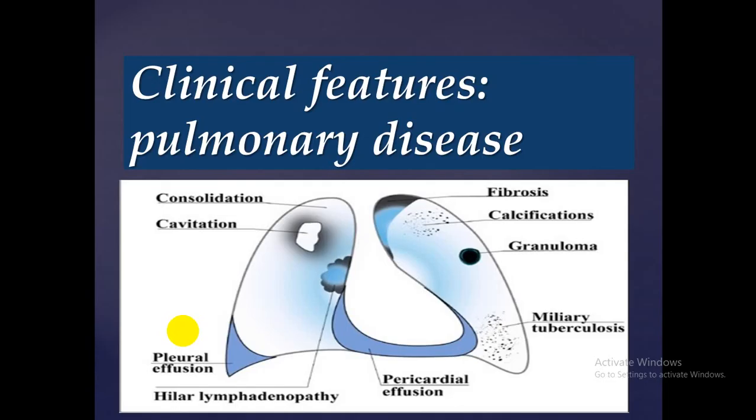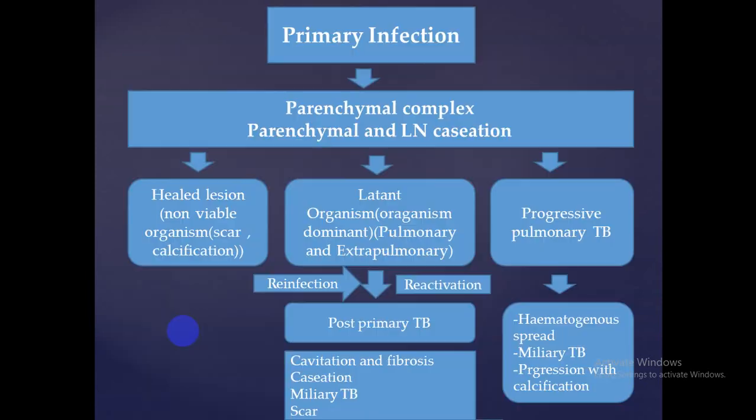Now, what are the clinical features? The clinical features of TB depend on the duration or the progression. Here, in this diagram, when the patient gets bacilli infection in the primary infection, the patient gets a parenchymal Ghon complex, as we said, which involves the lung parenchyma and lymph node caseation. This complex takes three ways. Either this complex is controlled by the immunity of our body, and the patient gets infection like flu-like illness, fever, cough,